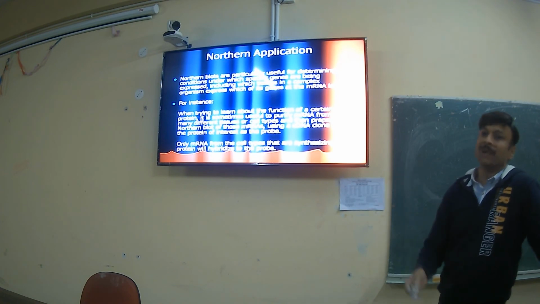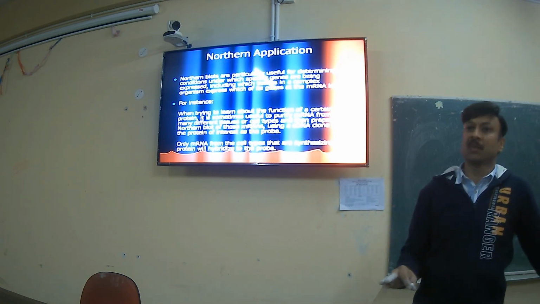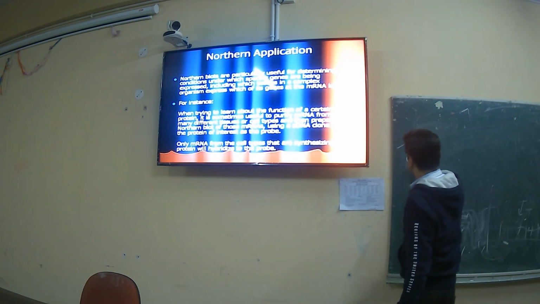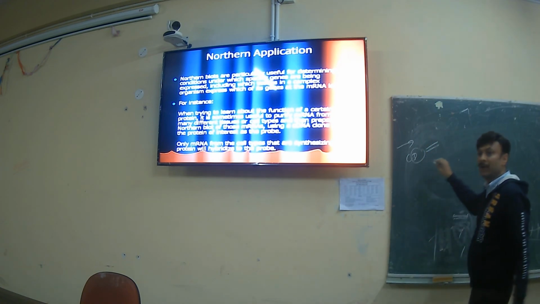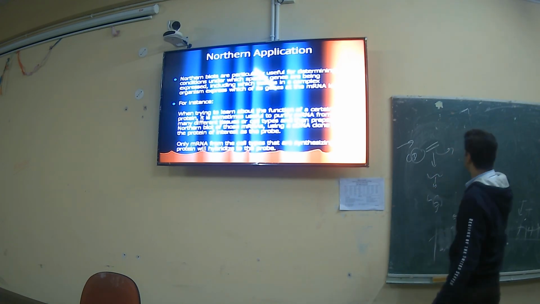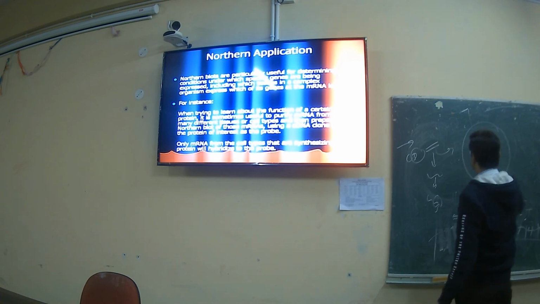In mature mRNA, all the exons are present. So basically, you convert this mRNA into cDNA. Then this cDNA you have to convert into a double-stranded fragment, and this double-stranded DNA is transcribed to make RNA, and this RNA is converted into protein. But it should be in the expression vector.